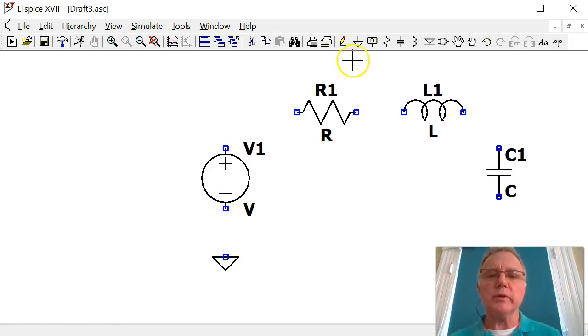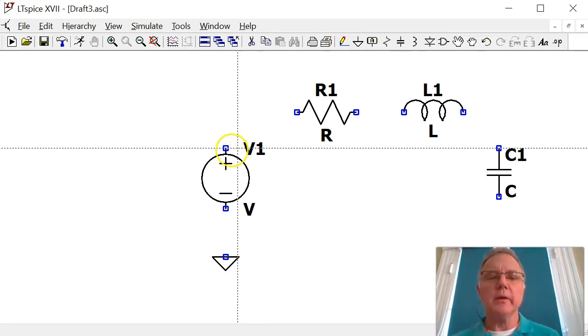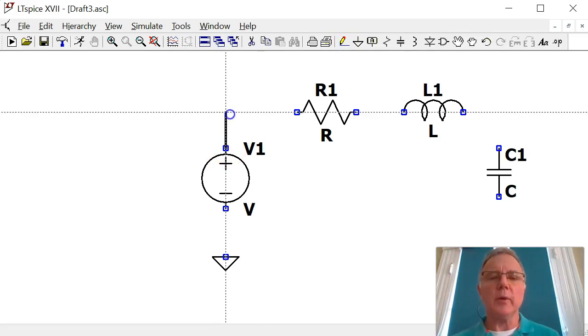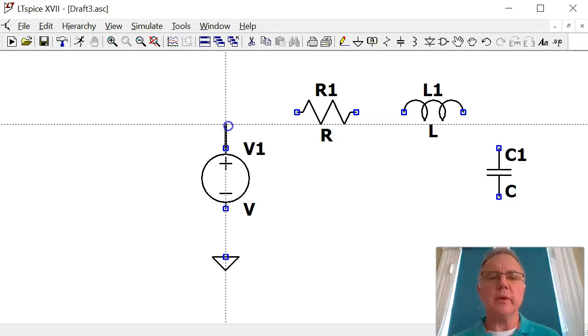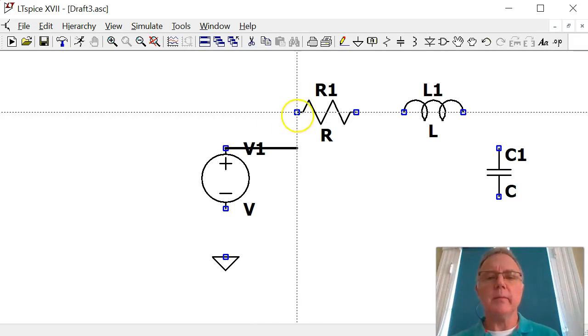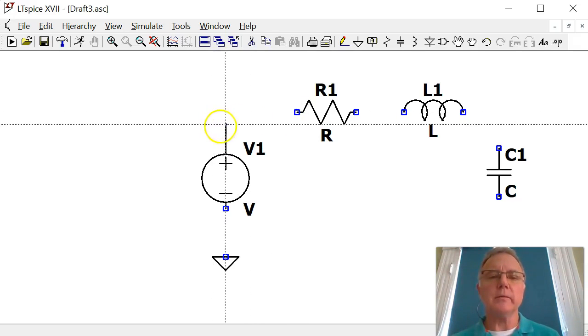Again, a lot of it's just what you're used to. Now, if I want to wire these together, I can use this pencil wire here, and just stop where you want to start and then click. I'm holding the click button down. You can see it does this, but if I let go of my mouse button somehow,